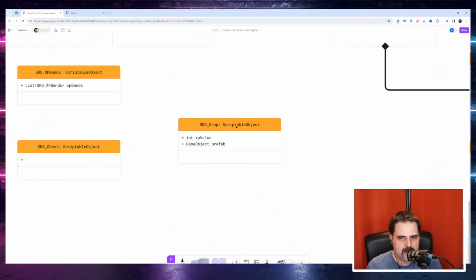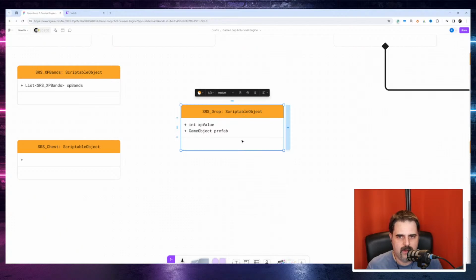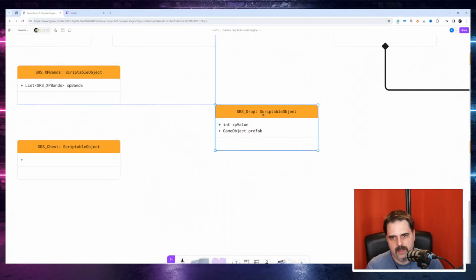Okay, these things never change. They just change when you create the game. But while the game is going, these scriptable objects will be the same. It just has a prefab. I don't need the icon, just a prefab and the XP value. And it's called the drop. And then